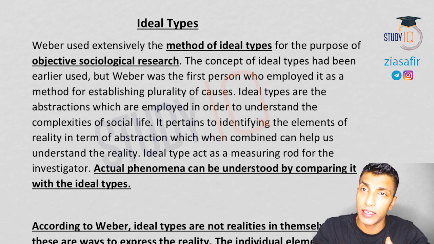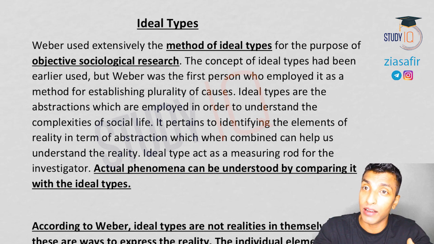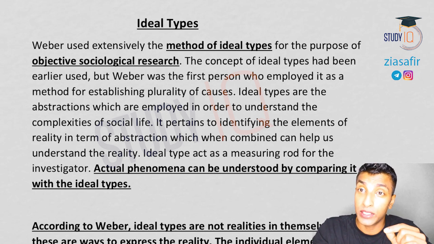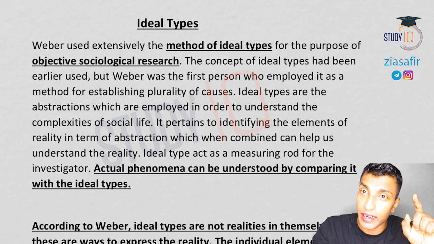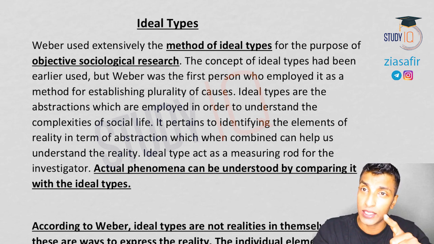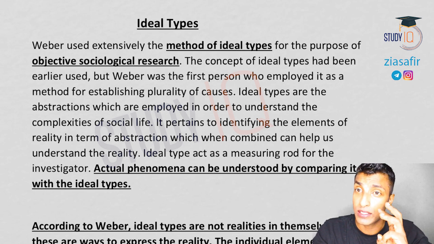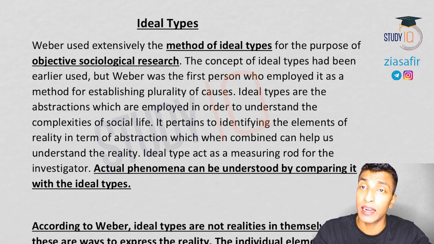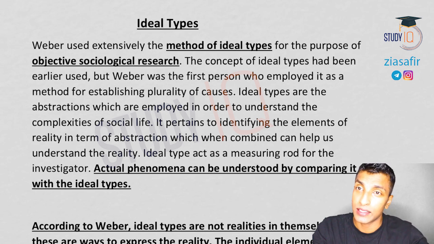And then in case of ideal type, I've told you we will discuss later. So we are going to discuss ideal type today. We have also discussed about comparative analysis. Again, we have demonstrated with the case of Protestant ethic and spirit of capitalism how he did the comparative analysis by constructing the ideal types of Protestant ethic on one side and capitalism on the other side. So we have discussed about Verstehen, causal pluralism, comparative analysis, and I've also briefly talked about ideal types when we discussed about social action. Okay, and here is the separate discussion on ideal type, like what we have done in case of other methods.